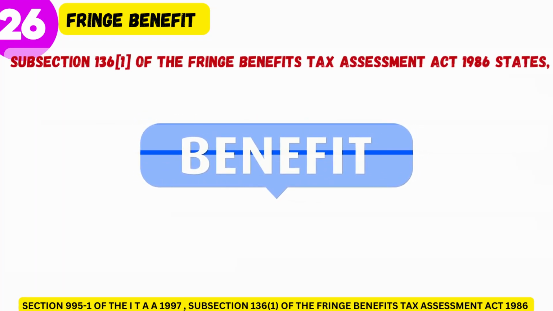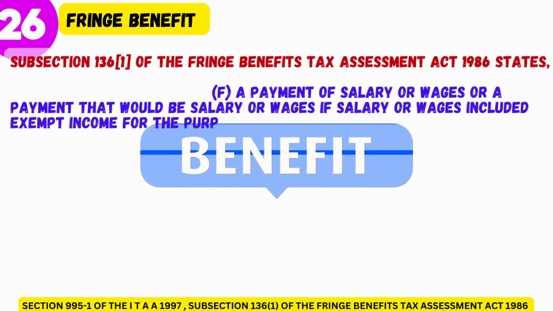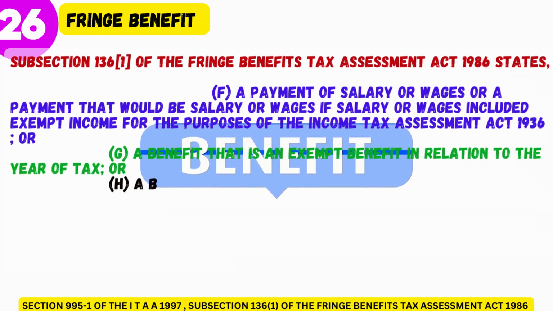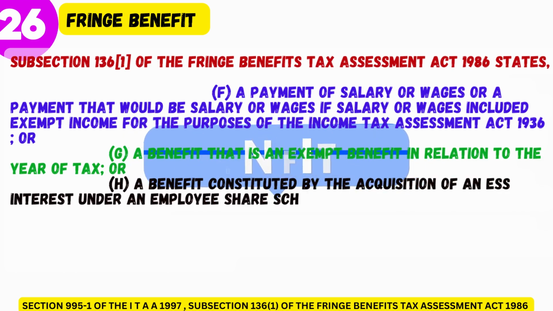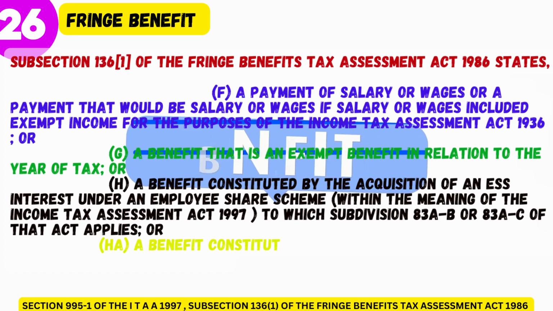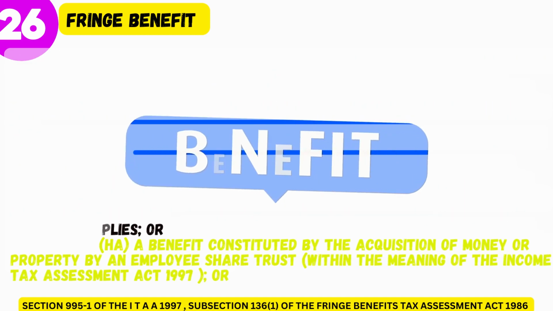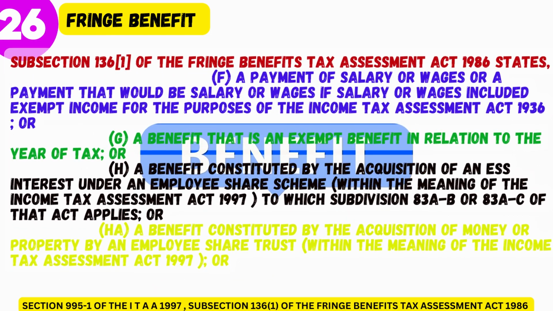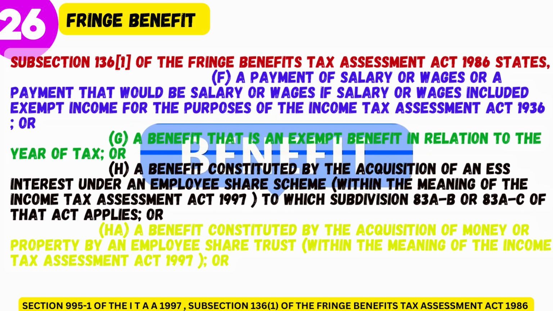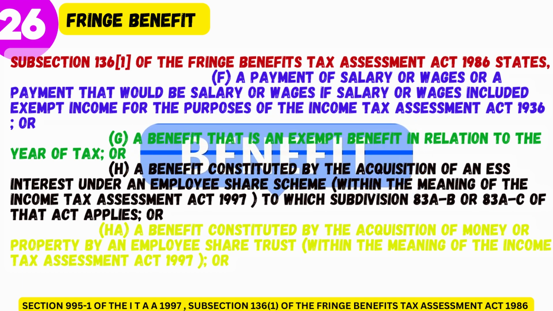a payment of salary or wages or a payment that would be salary or wages if salary or wages included exempt income for the purposes of the Income Tax Assessment Act 1936, or (g) a benefit that is an exempt benefit in relation to the year of tax, or (h) a benefit constituted by the acquisition of an ESS interest under an employee share scheme, within the meaning of the Income Tax Assessment Act 1997, to which Subdivision 83A-B or 83A-C of that Act applies, or a benefit constituted by the acquisition of money or property by an employee share trust, within the meaning of the Income Tax Assessment Act 1997, or